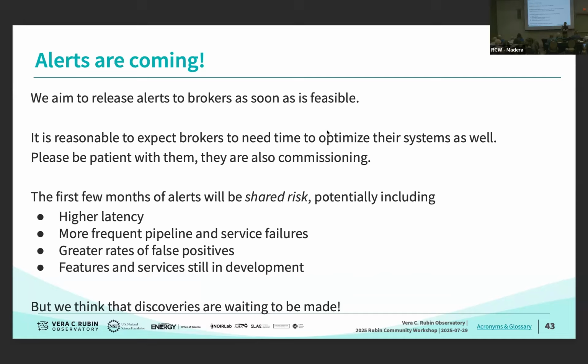Is there some sense of when we can get both PPDB plus the alert stream going, which is really the full alert system for time domain, or if those two are completely disjoint processes, is there some way for both the science collaborations and the brokers to work with the alert production team to stand up small services or